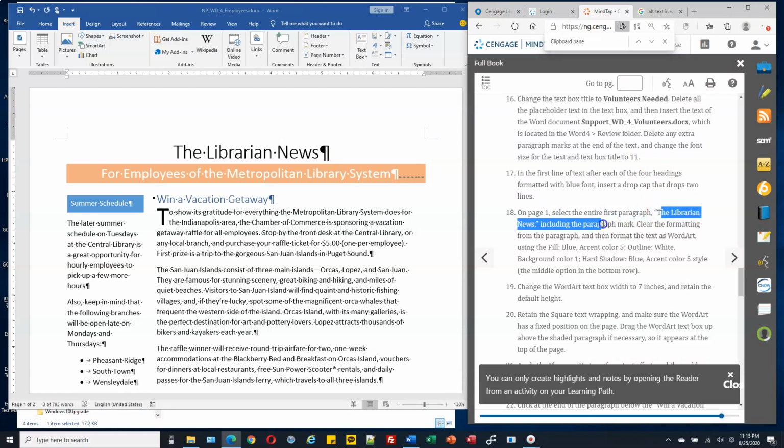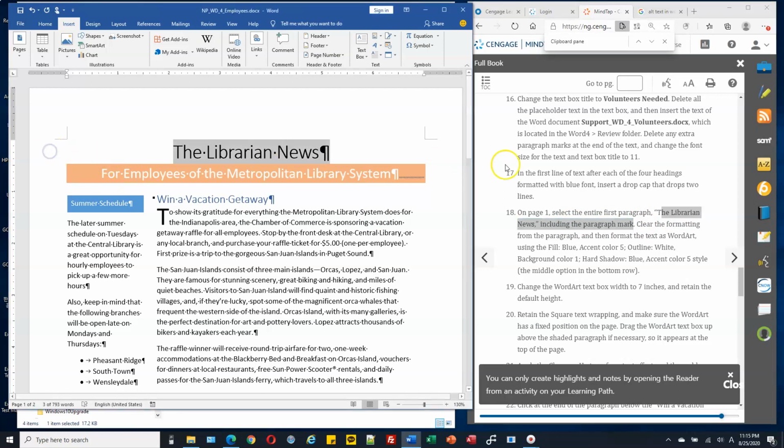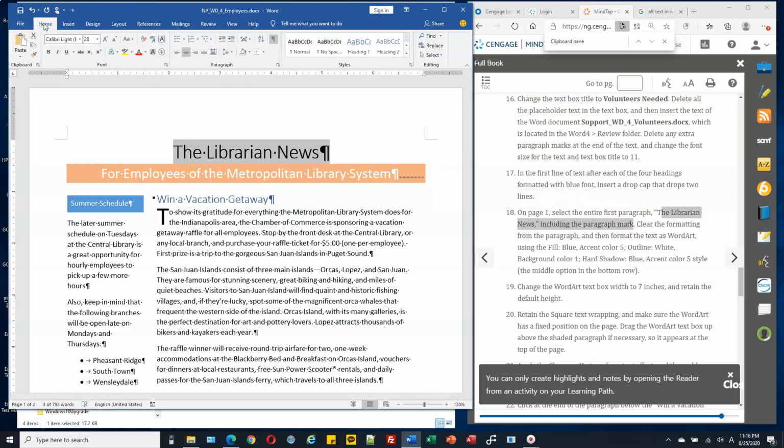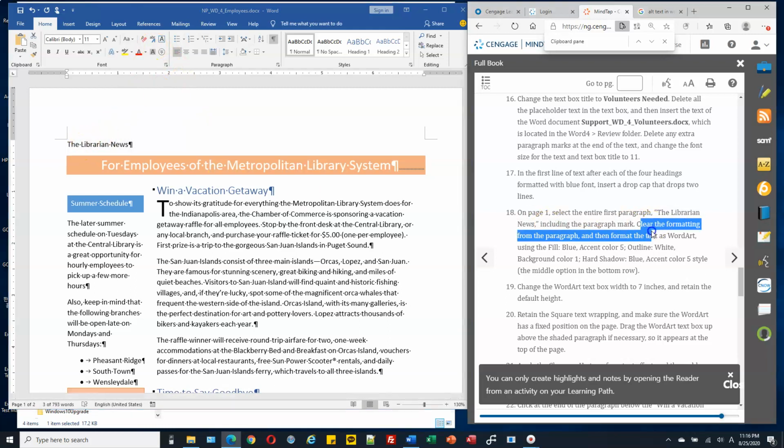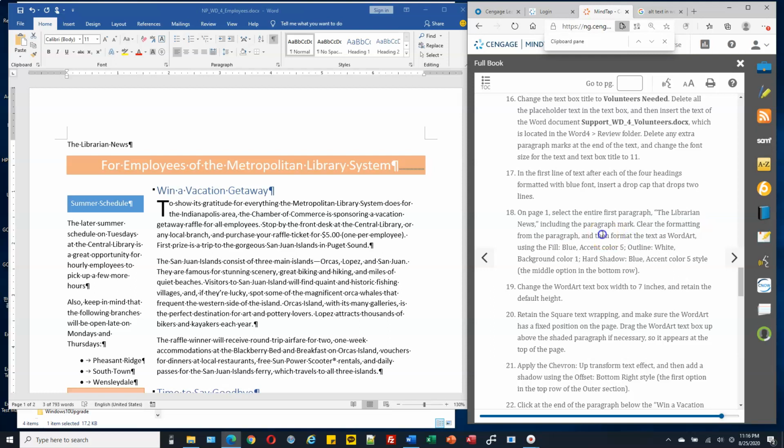Okay, and then including the paragraph mark. Clear the formatting. Where is the clear formatting? It's in the Home tab, in the Font group. Can you see this erase mark? If you click this, it will clear all formatting. Click this one. So we clear the format of the first line, and then we will format the text